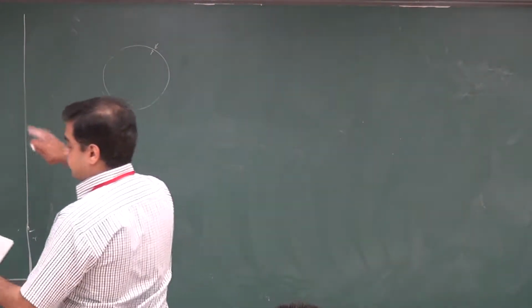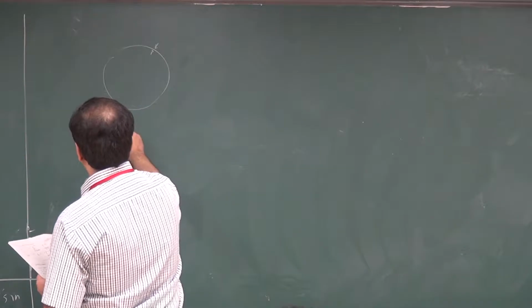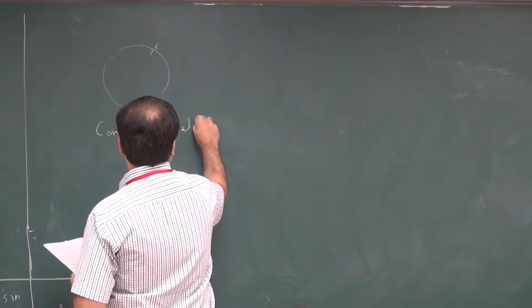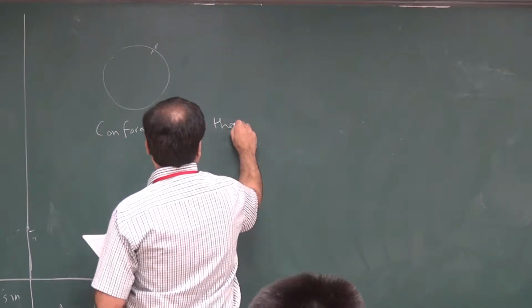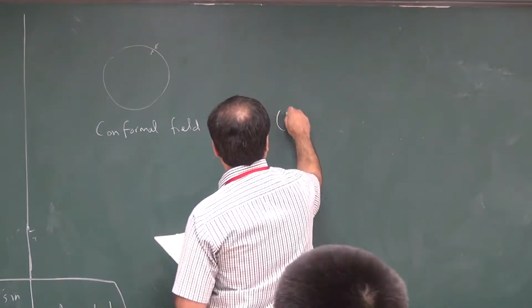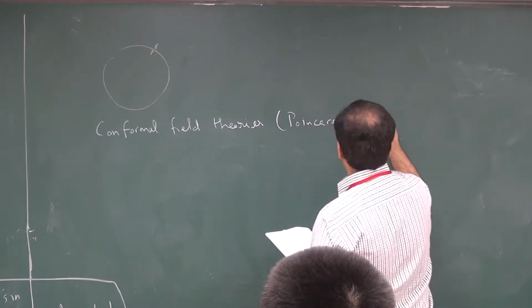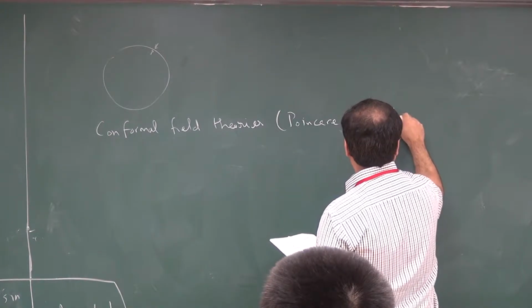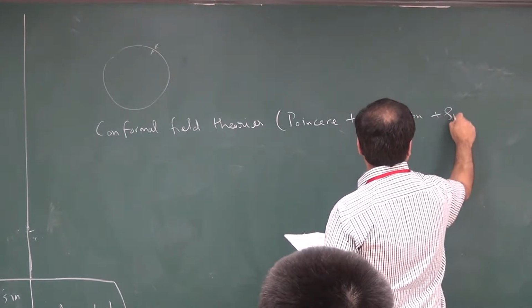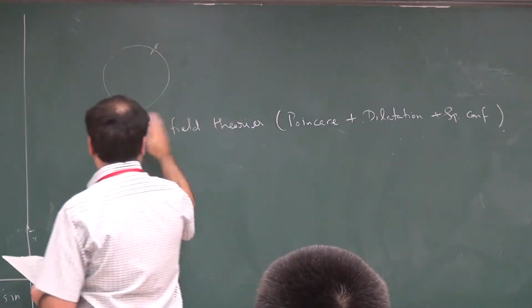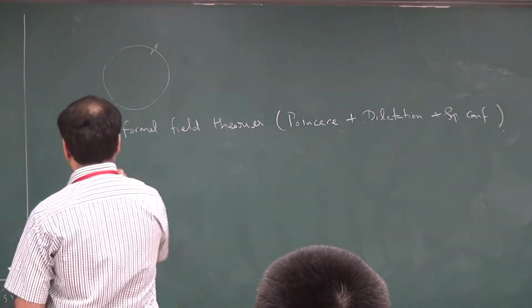So what is known from the field theory side is that if you have conformal field theory, so conformal field theories are special kind of field theories with an enlarged symmetry. So this has got Poincare plus dilatation plus special conformal transformation. So if you have the special class of field theories, conformal field theories, then what is